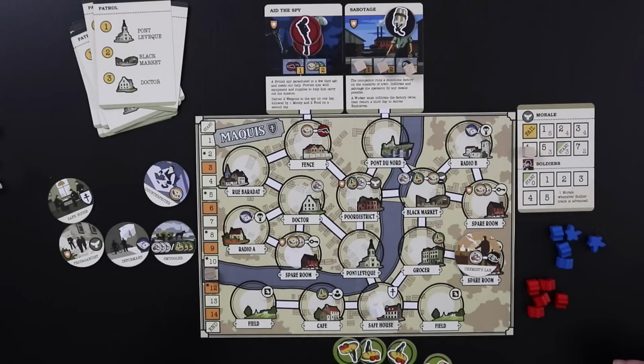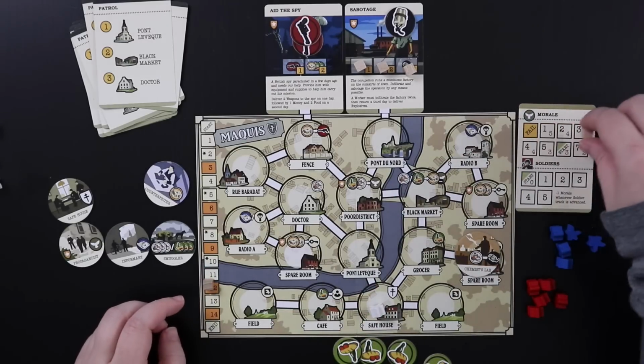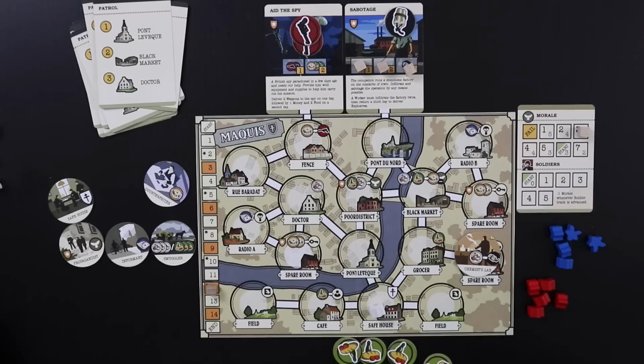And then this one made it back to safe house. We're going to lose some morale. Man, I already lost some morale. That absolutely sucked. All right. So now we have to decide what we're going to do with my guy. I think